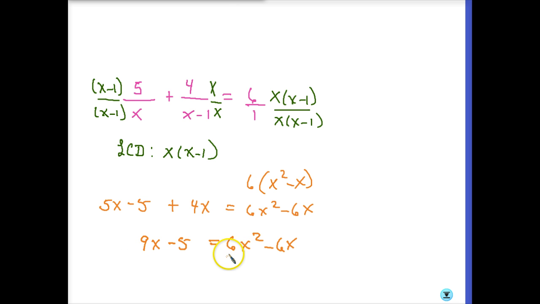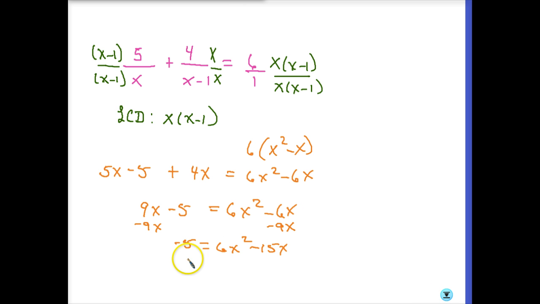So what I'm going to do is move the 9x over here to the right. So I'm going to subtract 9x, and I'm going to get negative 5 equals, so I'm basically just combining all my like terms at this point, and then I would need to move over the negative 5, so I would have to add 5 to both sides, and I would be left with 0 equals 6x squared minus 15x plus